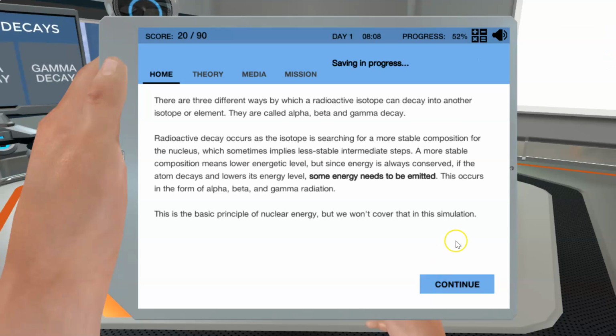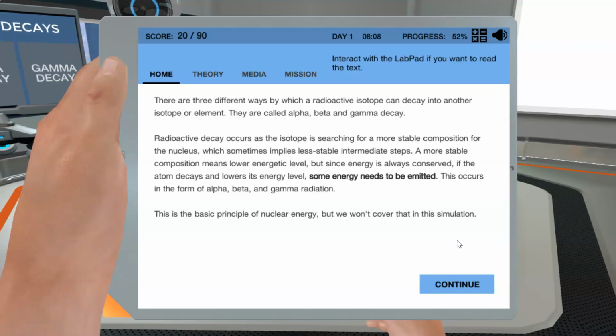There are 3 different ways by which a radioactive isotope can decay into another isotope or element. They are called alpha, beta and gamma decay. Radioactive decay occurs as the isotope is searching for a more stable composition for the nucleus, which sometimes implies less